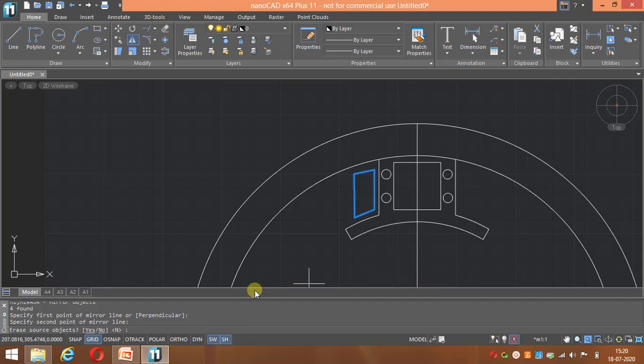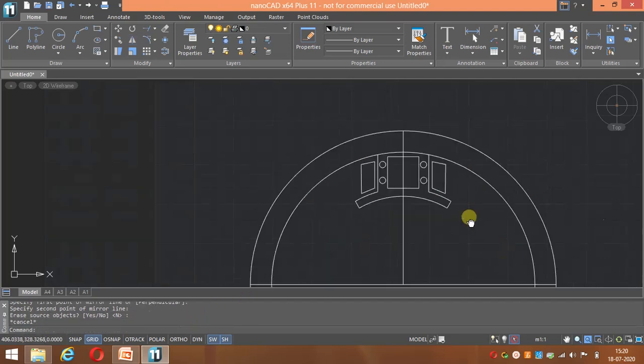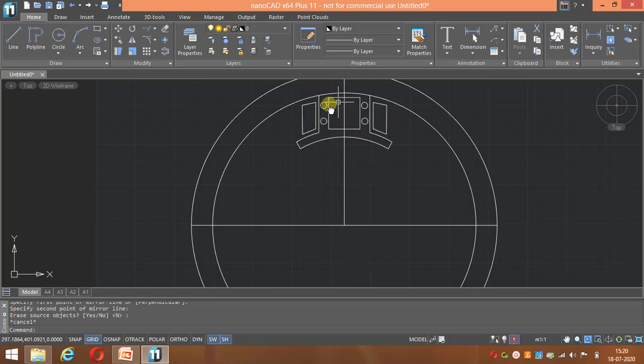And go for mirroring to have it on another side. So now this is the field winding and then the field pole. And there is an interpole between the main poles. The interpole should be located exactly at an angle of 45 degrees. So what I am doing, from this point I will be writing a reference line